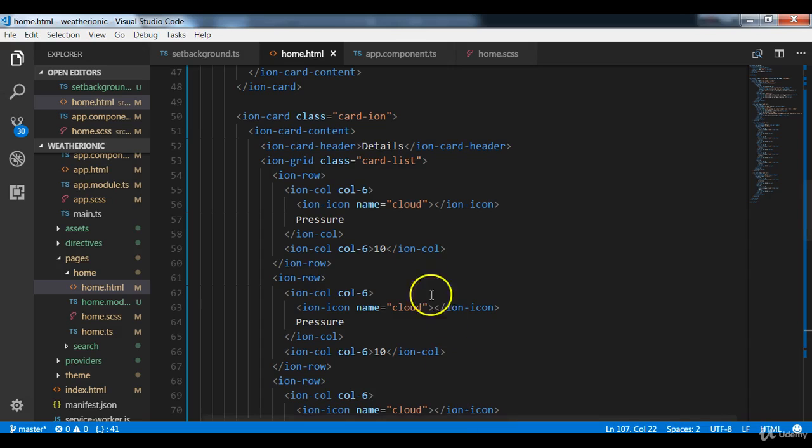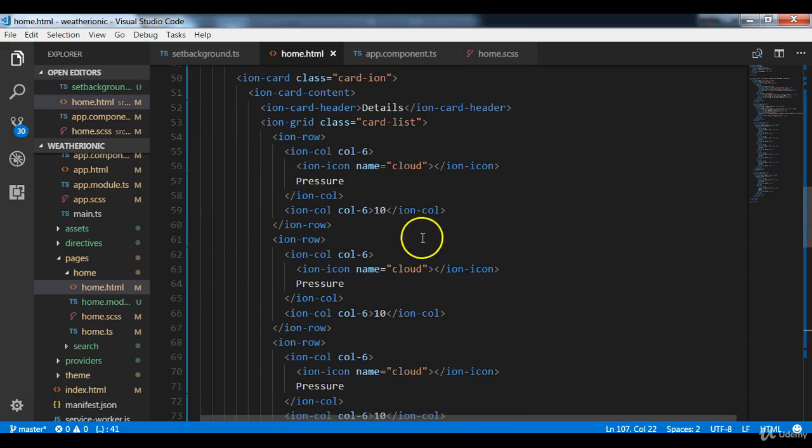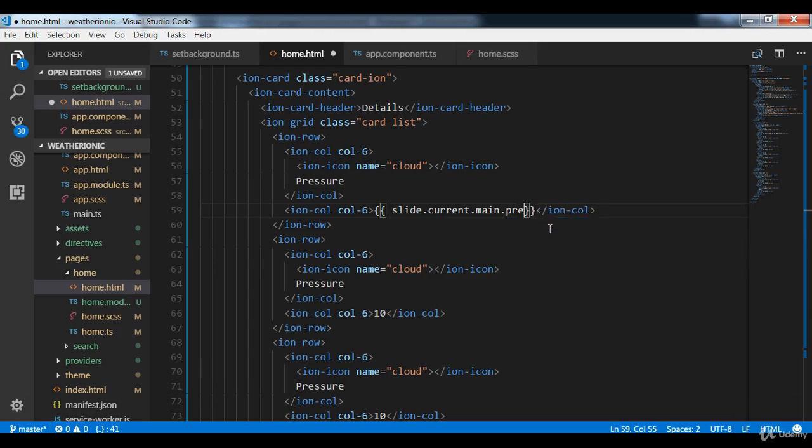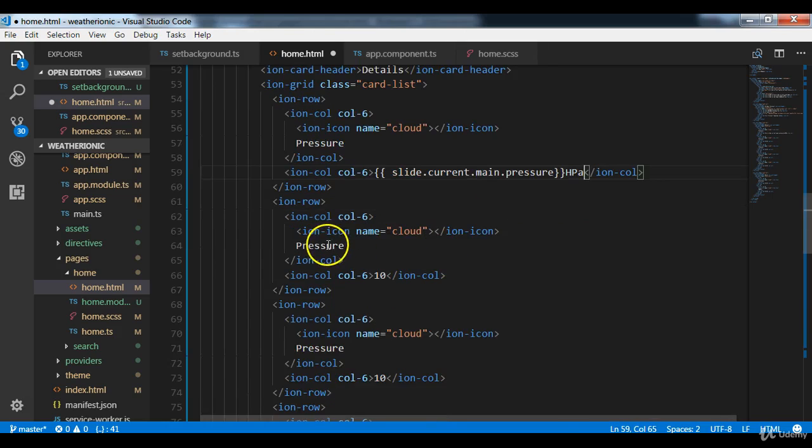Starting with the details, right here, for the pressure, this is going to be slide.current.main.pressure, and I can put the units. Then the next one is going to be humidity,